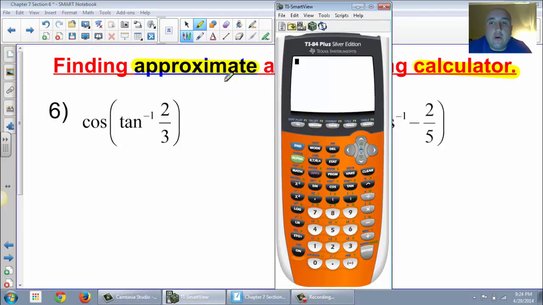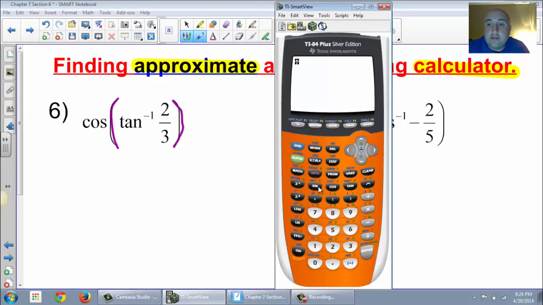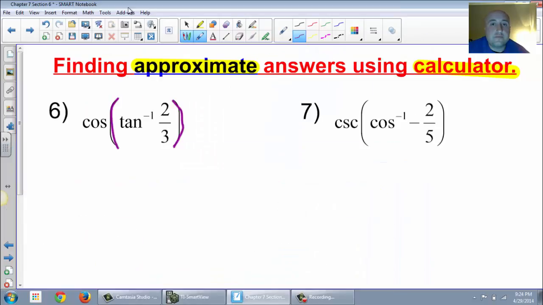Okay, the first one says, now, going way back to middle school, order of operations says I need to do my parentheses first. So the parentheses say inverse tangent of 2/3. So I'm going to type in tan inverse of 2 divided by 3, and hit enter. Okay, 33.69. So this parentheses is equal to